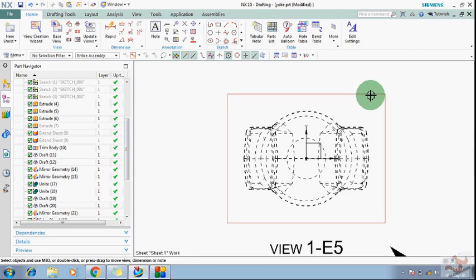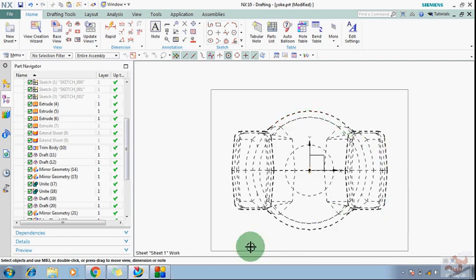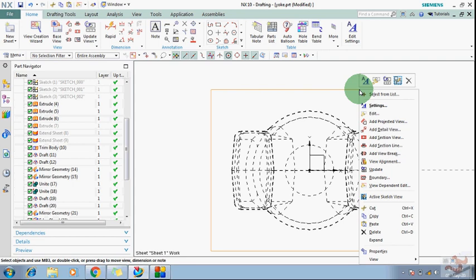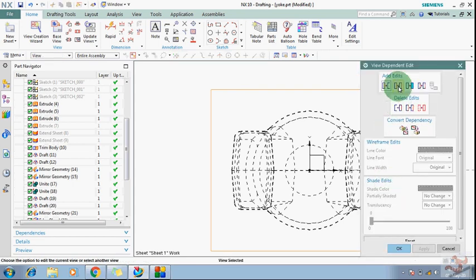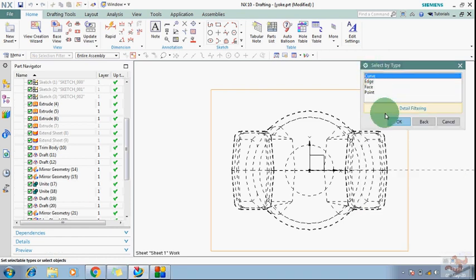Okay, just now you are seeing that your main lines are also in dashed lines. Okay, not in continuous line. So the way is that you just need to do some more things. I know this is a time consuming process, but to get back those lines you have to do this.